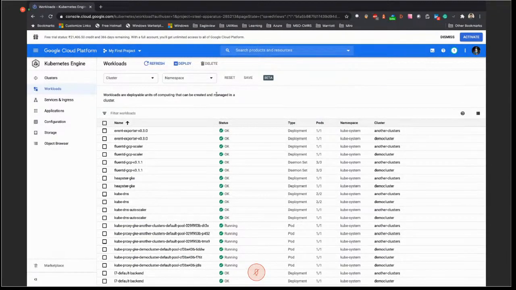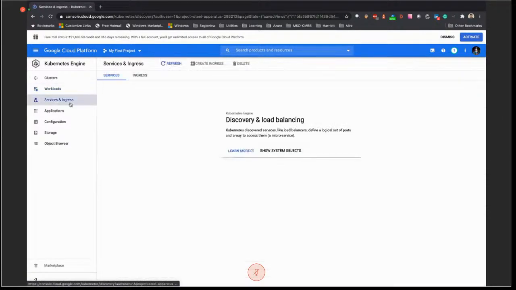So these are basically system resources. We have not deployed any of those, so they come under system resources. Now services and ingress is the point which is responsible for how one component talks to the other component, or how any external user or external service can talk to this component. That is where we define that particular item.